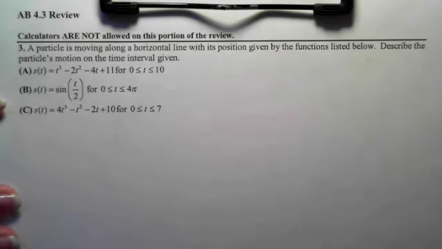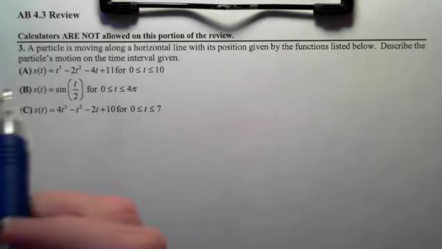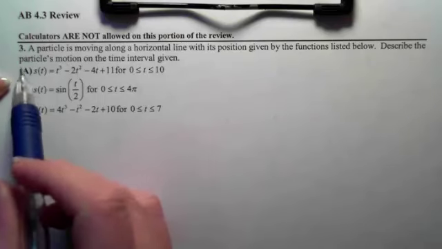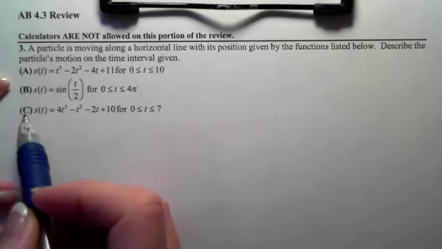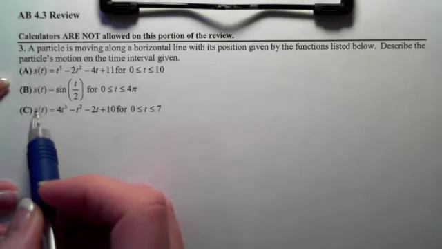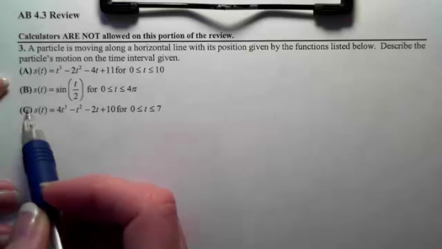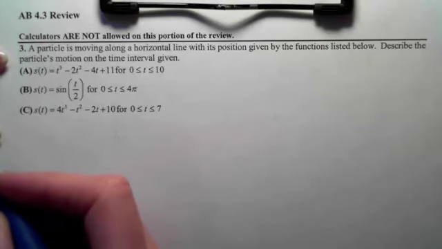So there's a whole host of things that I could ask on the test that involves this type of problem. With each of them we have a position function, and the position tells us where we are. We can get how we're moving if we take the derivative and get the velocity. We can also get the push, which will tell us whether we are slowing down or speeding up if we look at the acceleration. So let's start at part A,